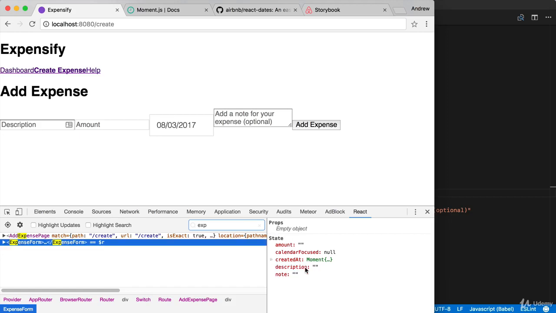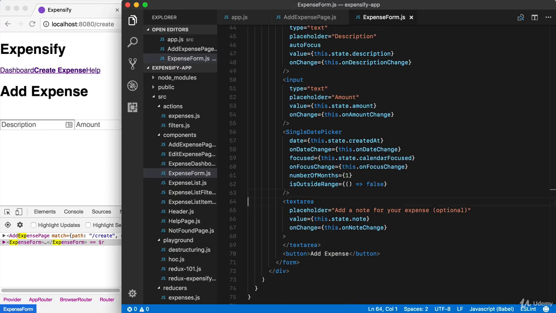Now, at this point, we have all of our component state values being tracked. That means description, amount, the calendar, the created at value, the note. All of these are getting changed in real time. The only thing we need to do to actually get this data saved is to dispatch an action when the form gets submitted. We're going to handle that in the next video, so let's take just a quick second to